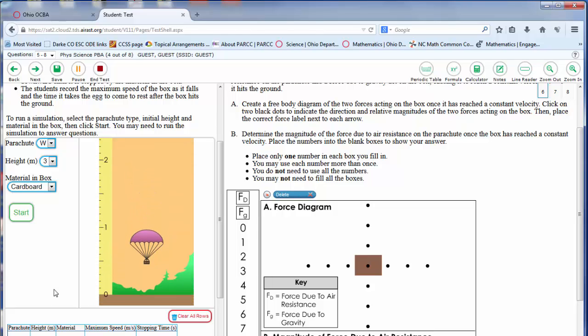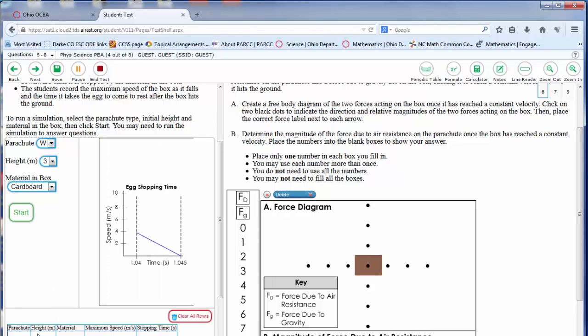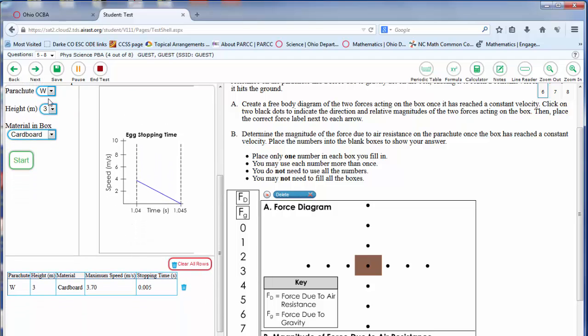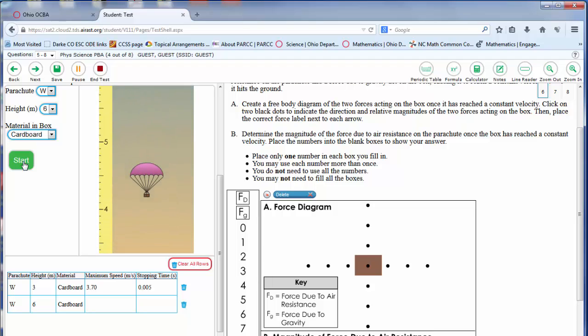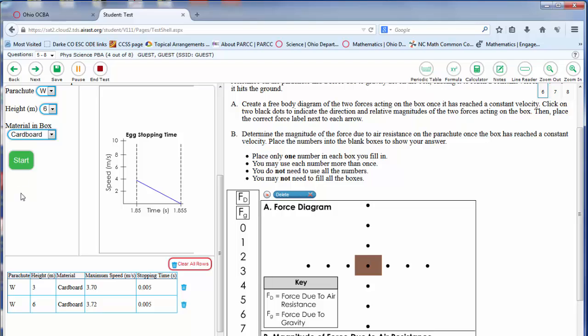It shows the height, the material, the speed, and the stopping, and then they also have a graph there. All right. Now they could change the height and run it again and see the different data, if there is different data, and figure out if there was any significant difference. They can change the material,